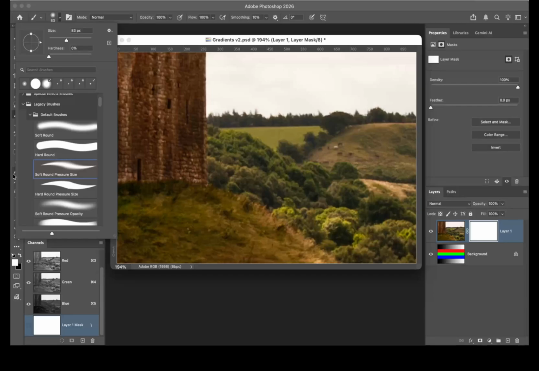You feel like the other one looks like a folder. Oh yeah, you've got brushes that are nested inside of brushes, so